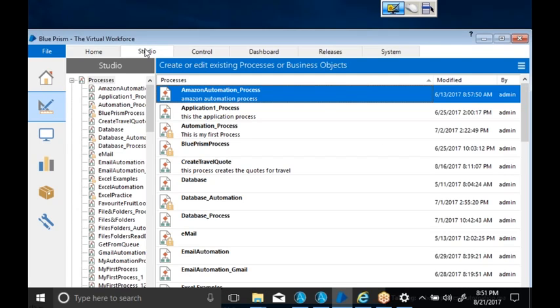Now, the next one is the studio. In the studio, write down, we have two types. What are those two types? We have the process studio and the object studio. Why do we have two different features under a studio, like process and object? I will come back to this point. Before that, let's cover the other features.